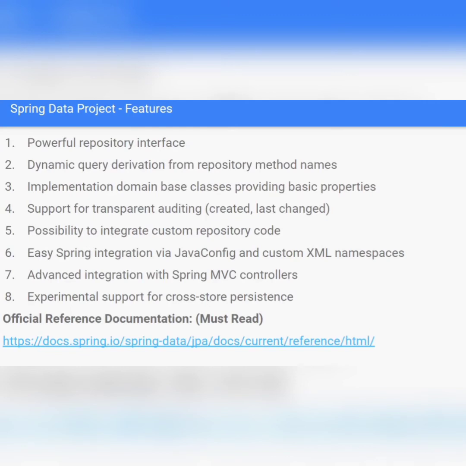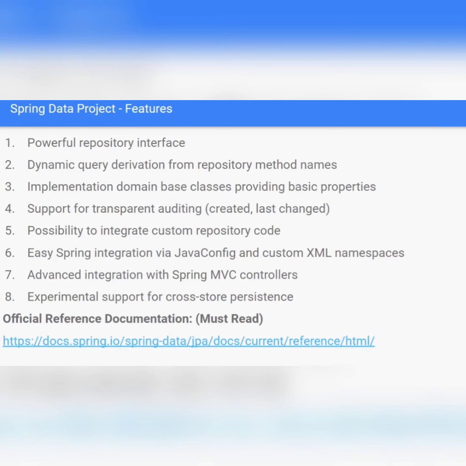This contains a powerful repository system where you just have to create a child interface by extending the existing CRUD repository or the JPA repository interface, and you will get everything: all the operations like insert, update, delete, select, count will be available in your interface, and there is no need to provide an implementation class. That is the great part. And it has provision to generate dynamic queries in the repository. It has a great way to handle projections. You can do auditing, and you can add a lot of customized code there.